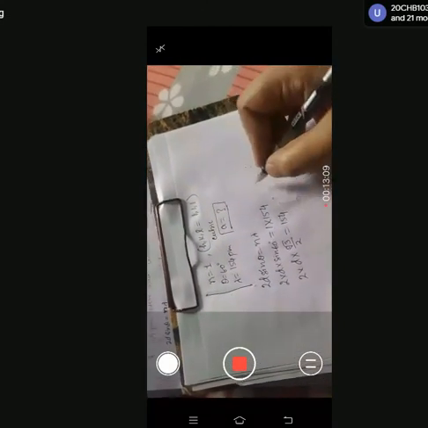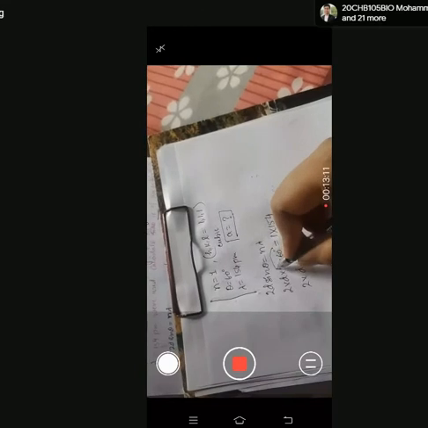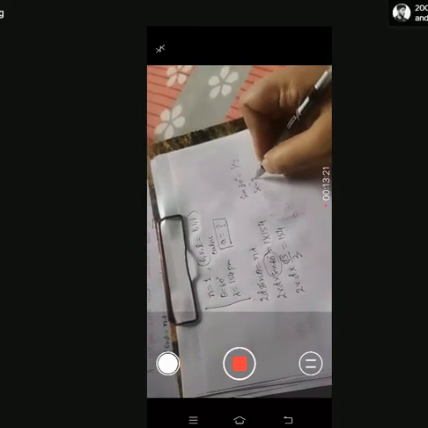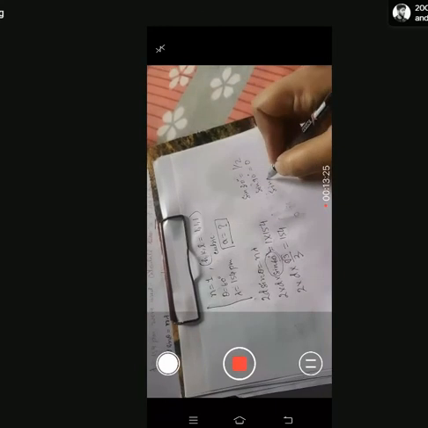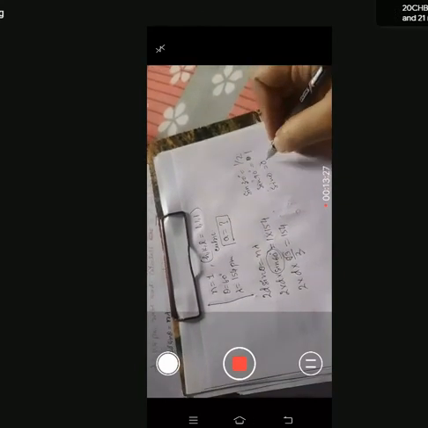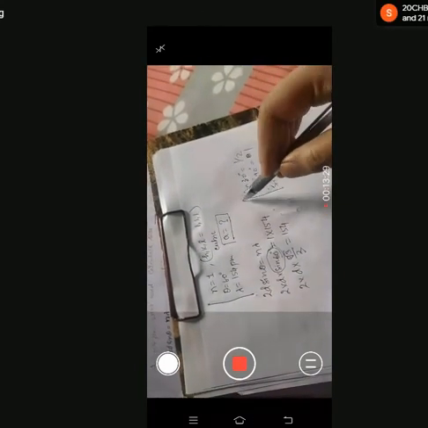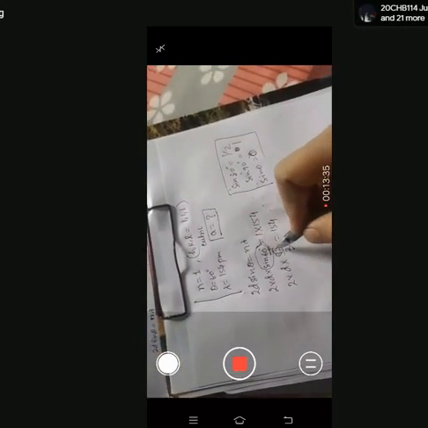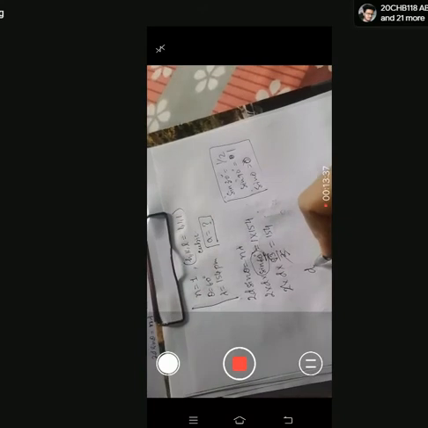Now we know d. What is the value of sine 60? It is root 3 by 2, and this is 154. Since some of the students are from the bio group, I will mention the values here. For example, sine 30 is half, sine 90 is 1, and sine 0 is 0. In this way the values are provided. And for sine 60, the value is root 3 by 2, the 2 cancels, so your d is 154